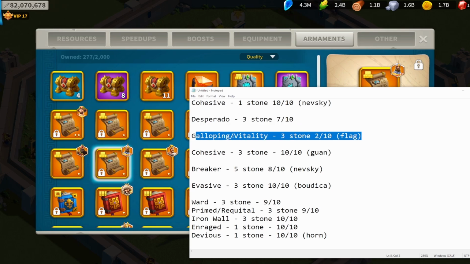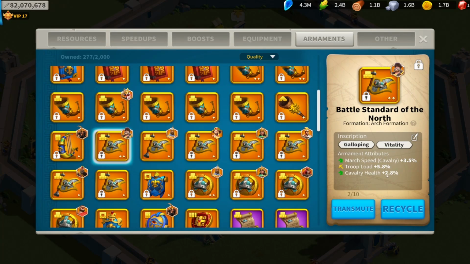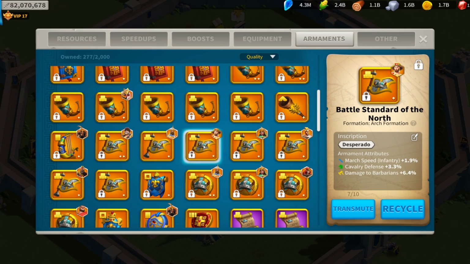So let me show you this Galloping Vitality inscription. It's right here. So this is much more of an open field inscription. And I would love to improve the Desperado inscription, and then also hopefully improve this, and then put the Desperado on the Jan, and then swap this one onto an open field march. It would probably go on the Justin, or the Justinian, who I'm planning to use in the open field. And